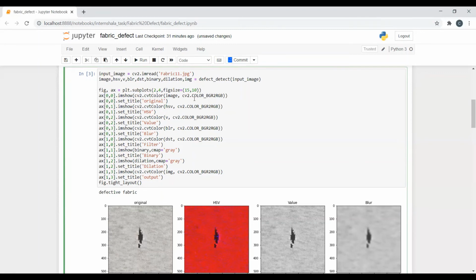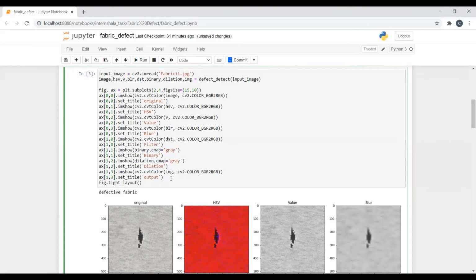So for that we have to convert these images from BGR to RGB. Like this we have to do for all these. But here the binary and dilation images, these both are gray images, in the form of black and white, so we don't have to do it for those.